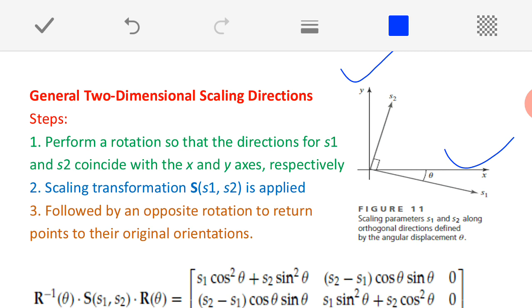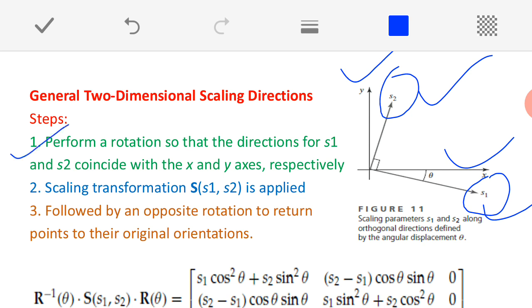But in this case, for example, say now I want to perform the scaling with respect to directions other than x and y. Imagine that here there are 2 directions, S1 and what? S2. On these 2 directions I want to perform what? Scale the object. Scale the object means either increase the size of the object or decrease the size of the object. Then what steps do we need to do? Just have a look at here.